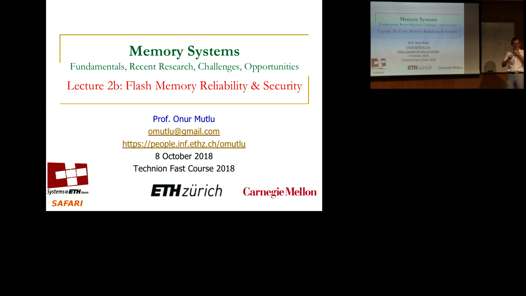Okay, let's take a vote. Who wants 2B, flash memory? Who wants to skip 2B and go to in-memory computation directly? I think the first set of voters win. So let's do this. I think it's going to be fun.